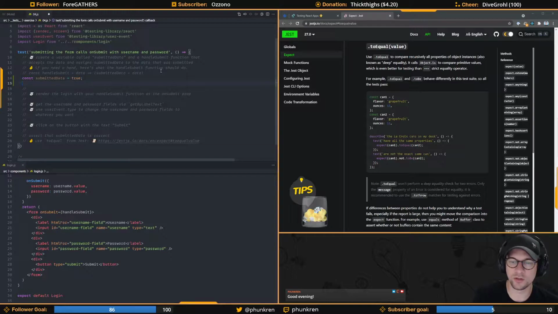And a handleSubmit function that accepts the data. So we're going to pass in data as props and assign submitted data to the data that was submitted. Submitted data. So we're going to return